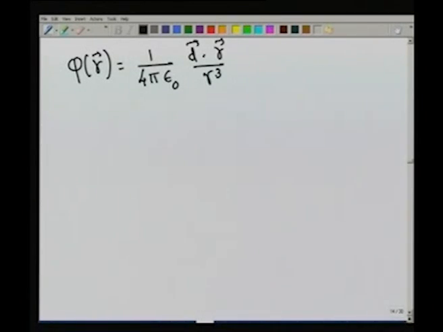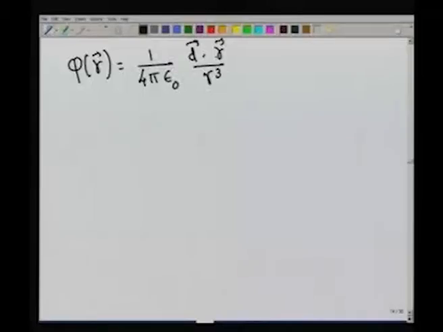So the potential is not spherically symmetric anymore. There is a 1 over r cube term, all right, but if you look at the numerator, the potential depends on the angle between the position vector at which I am calculating and the direction of the dipole moment. This is something that you have to remember. It cannot be spherically symmetric. However, there is a cylindrical symmetry. If I fix the angle between d and r and move in a plane such that the angle is fixed, then phi of r will be a constant. There is a cylindrical symmetry along the axis that connects the two charges, equal and opposite charges,